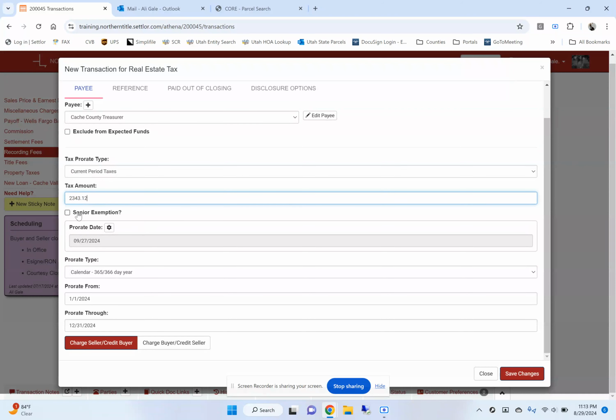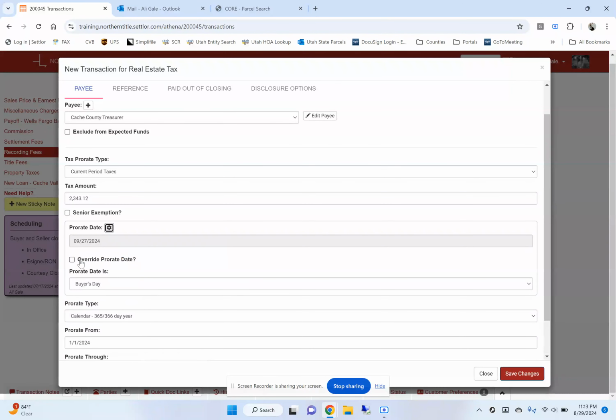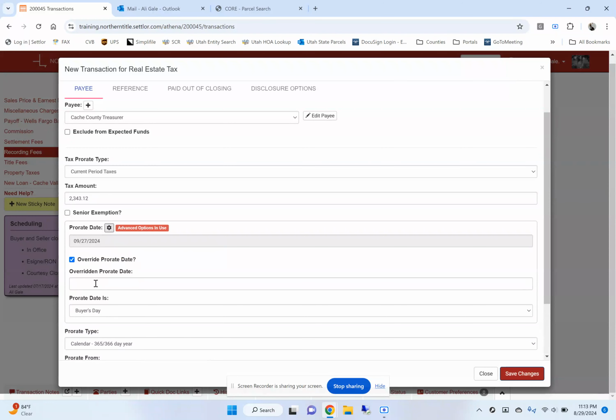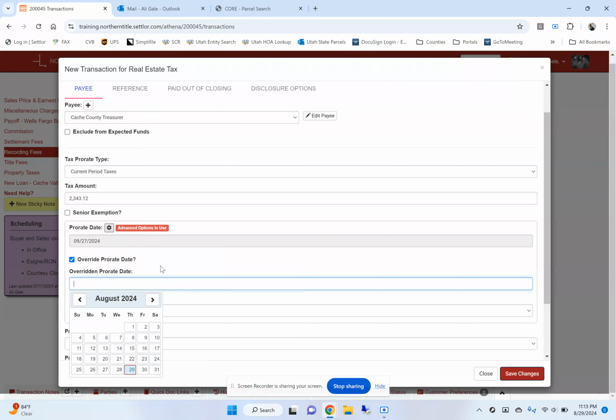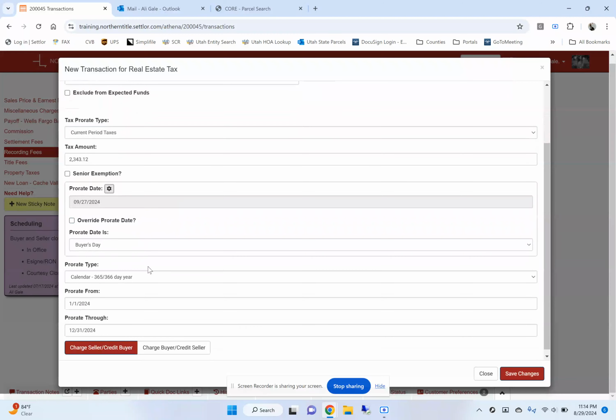And senior exemption doesn't apply. The prorate date, again, is coming from your dashboard of when you put in the prorate and closing date. I can override this date if I want to and hit override right here and either pick a date or whatever I want to do. So I'm going to leave that as is